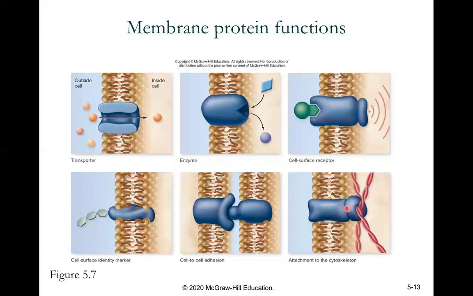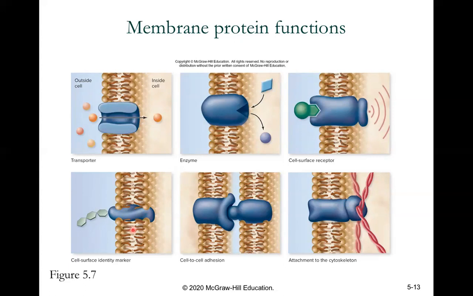Now, all of these things allow for proteins to function, right? So the transporter allows for molecules to move from outside the cell to inside the cell. With enzymes, there is a receptor for protein that is going to allow different analogs to connect and bind. We also have cell surface receptors that after binding send off signals and chemical signaling to the remainder of the cell. Also, cell surface identity markers that are marking and identifying different aspects of other cells and cell membranes